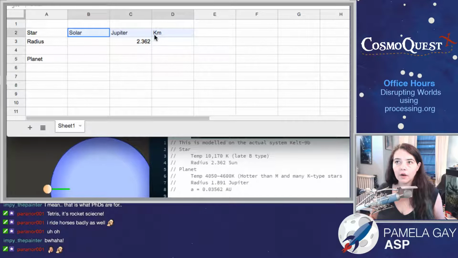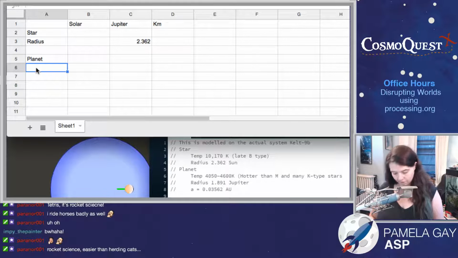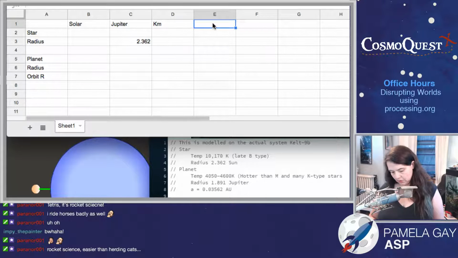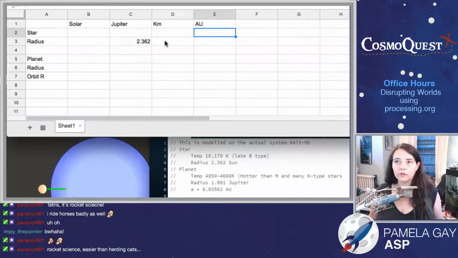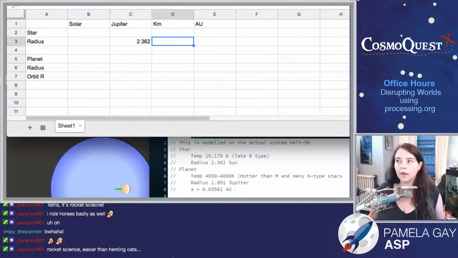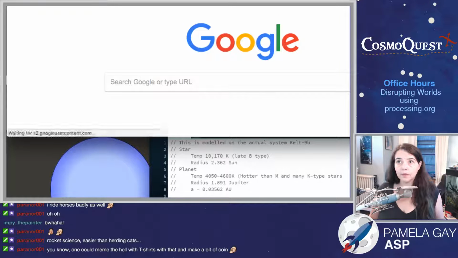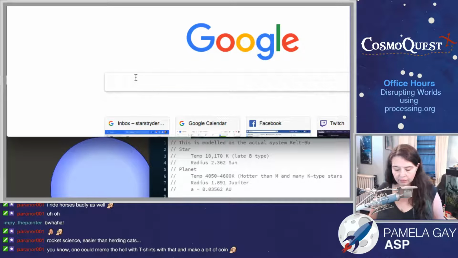So for my star, I have a radius. For my planet, I have a radius and I have an orbit radius. I'm going to try and convert everything into kilometers. Now, to do this, I need to do some basic googly math. And what I mean by googly math is I can do things like